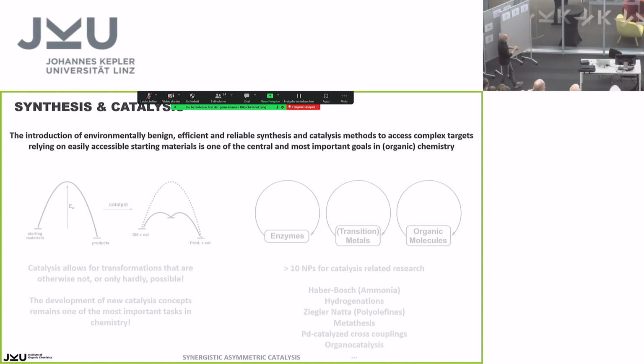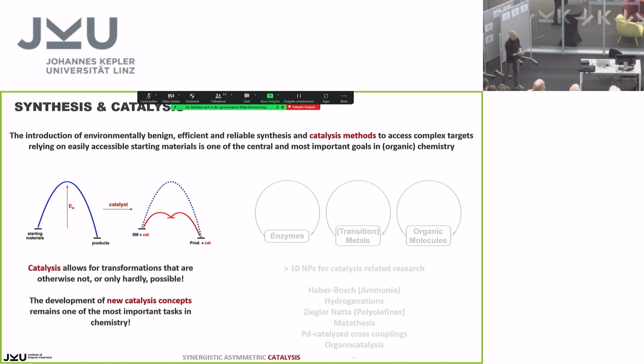And one thing that you commonly use in organic synthesis is that you somehow rely on catalysis. So what does catalysis mean? In the end of the day, if you imagine that you have certain chemical transformation, then very often chemical transformations are hindered. So if you just would wait for nature to carry it out, you'll wait forever. And at a certain point, this is really good for our survival because otherwise we would all burn to carbon dioxide and water immediately. So it's good that we have this kinetic hindrance of a chemical transformation.